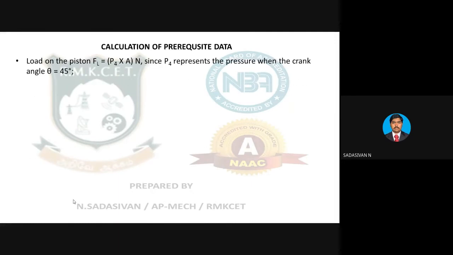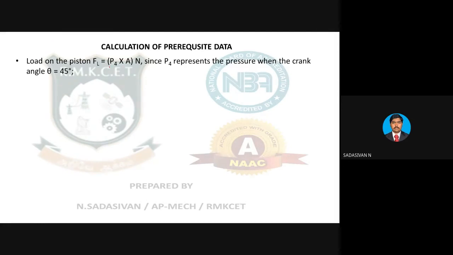Okay. So now, load on the piston, it's a diesel engine. Therefore, whatever is the pressure available above the piston exactly at the point when theta equal to 45 degree is nothing but P4 dash. Just now you have found 2.1 into 10 power 6 Newton per meter square. So that is P4 dash. Okay. So in case of a double acting engine, this will be your P1. P2 will be the same pressure on the lower side. Okay. So now I have managed to find out at theta equal to 45 degree, what is the pressure above the piston, P4 dash, at point 4 dash.